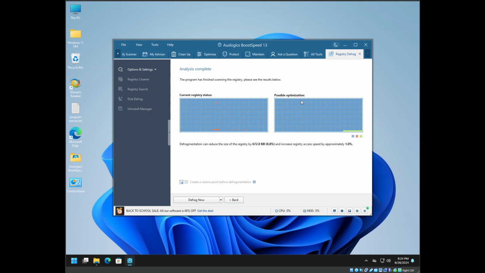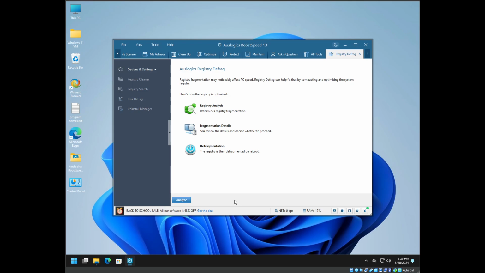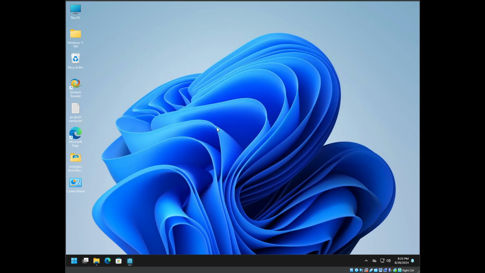So the possible optimization, it says it can reduce the size of the registry by some 700 kilobytes and increase registry access speed by approximately 1%. It's not worth doing. Sometimes on some systems when they've been running for a while, that actually does help. So I'm going to exit BoostSpeed, and the next thing we're going to do is I'm going to show you guys,